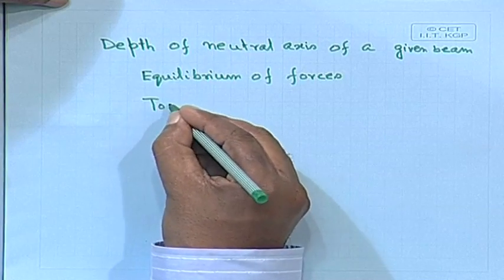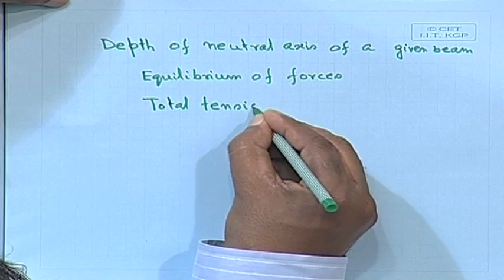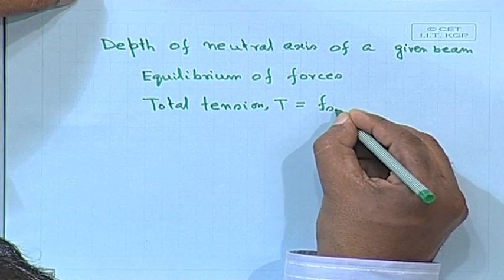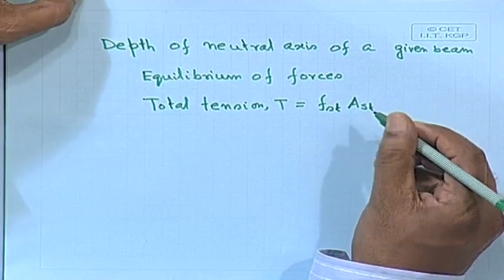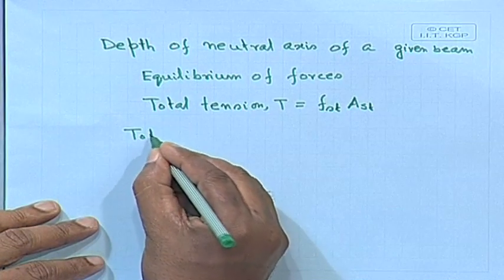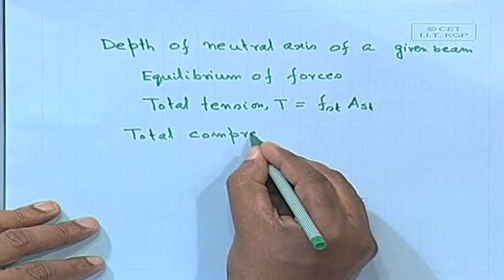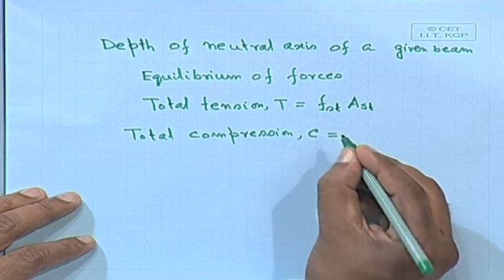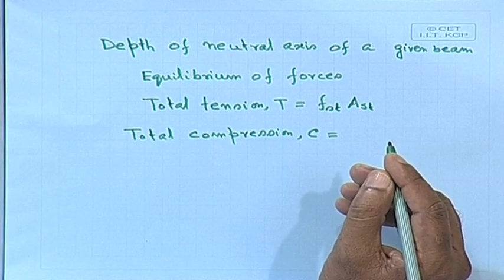Total tension T equals FST times AST, stress times AST. Total compression C equal to,